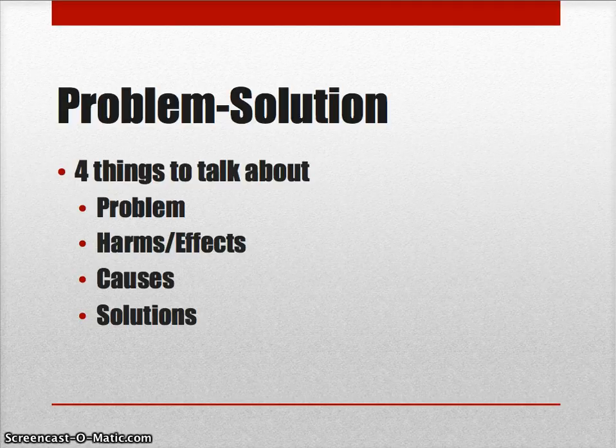The second thing that we're going to need to figure out are the harms or the effects of the problem. Okay, so we've established the problem, and basically when we're establishing that problem, we need to say this is a problem and this is proof that this problem exists. So you can't just say homelessness is a problem. You need to say homelessness in Calhoun is a problem. Here are some statistics, here are some examples, here are some stories. Basically, you need to create some kind of an argument to make your audience believe that yes, in fact, there is a problem.